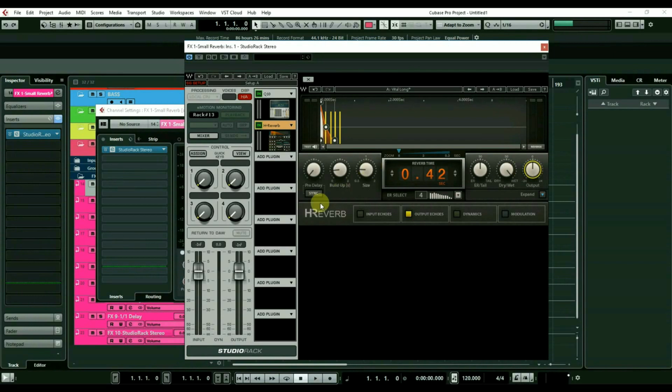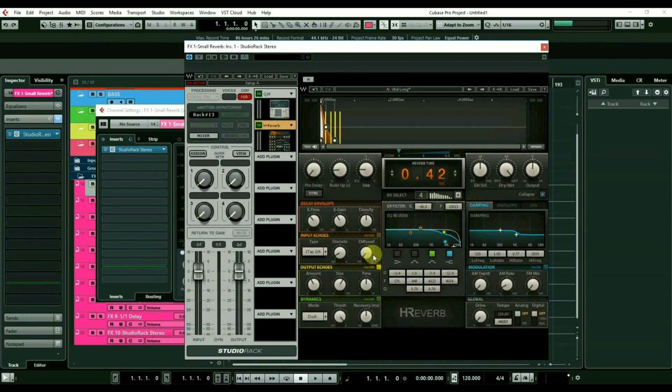Now there's the little echoes on there. I think we'll take them off. Let's go in and have a look at them. We've got the EQs and everything in here. There's some lovely modulation stuff. I should really do a video on this plugin. It's an excellent plugin. So I think I'm going to take them off and just look at the